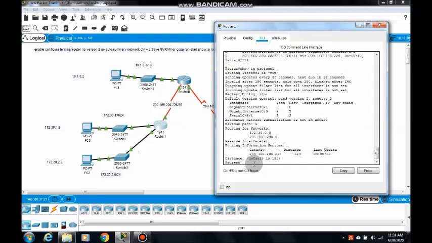Yes, the protocol details are also given, and all the details of which networks are connected are given.